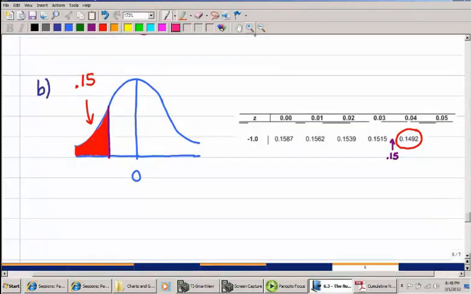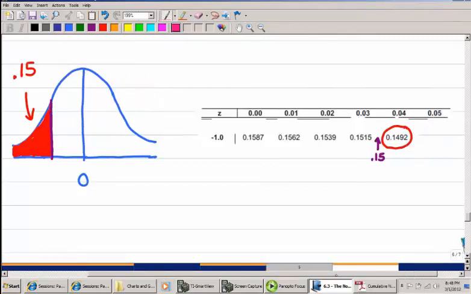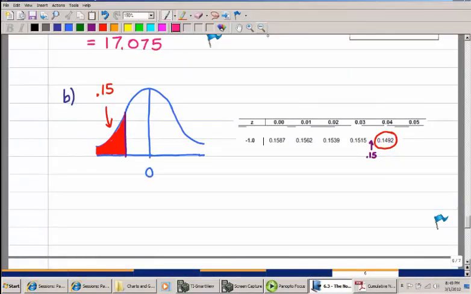So once again from the chart, as you can see, I've got the two values kind of pinpointed there. 0.15 is between 0.1515 and 0.1492. It's closer to 0.1492. So then we're going to say P of 15%, and it's on the negative 1.0 row, 0.04 column, so it would be negative 1.04. So the value that represents the top number of the bottom 15%